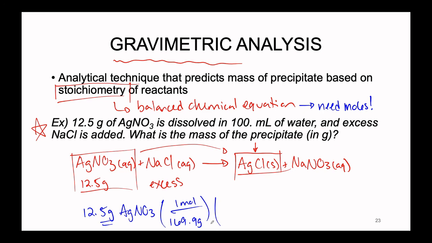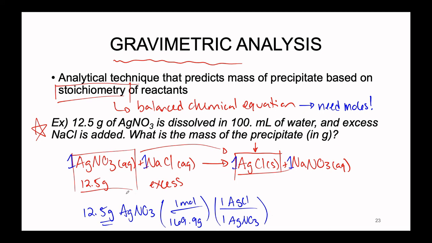Now, in the balanced equation above, we can see that technically these stoichiometric coefficients present are all 1, so mathematically this step can be skipped. But we're trying to get used to, as we have been this entire semester, using our units. So we must acknowledge that we are getting out of the unit of silver nitrate and into the unit of silver chloride. This process, this attempt at always trying to keep track of where you are in your chemical equation is so useful. It is useful specifically if you are not a very numbers-oriented person. It helps you to keep track of what it is you're actually working with and where you are in the